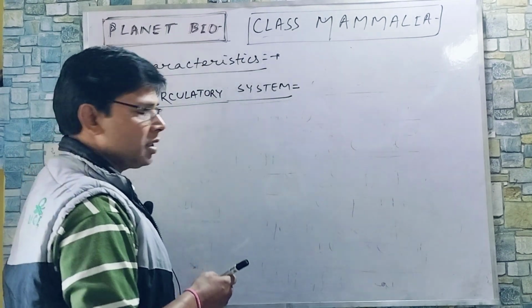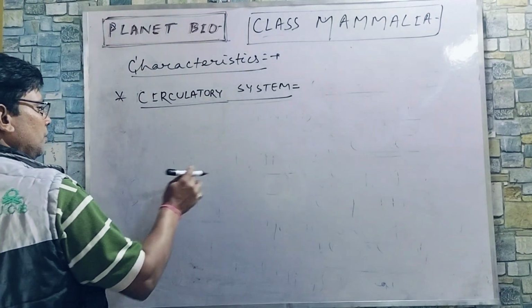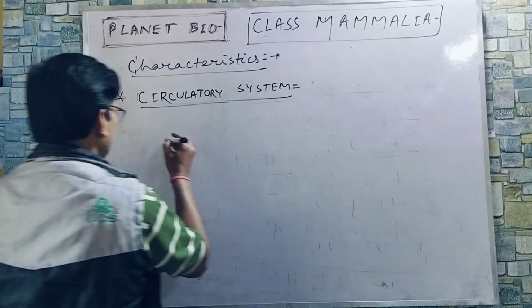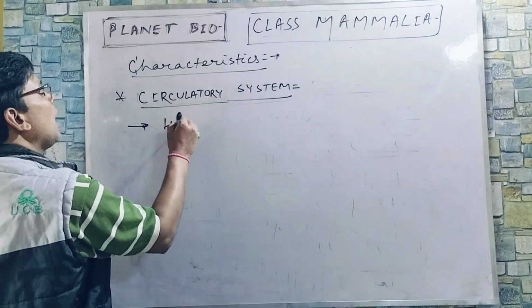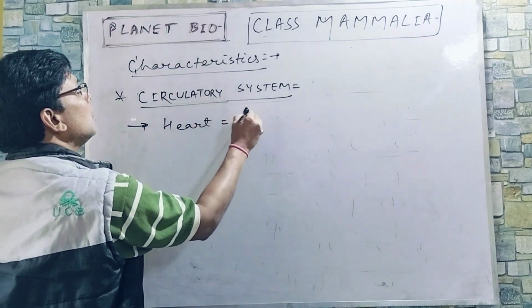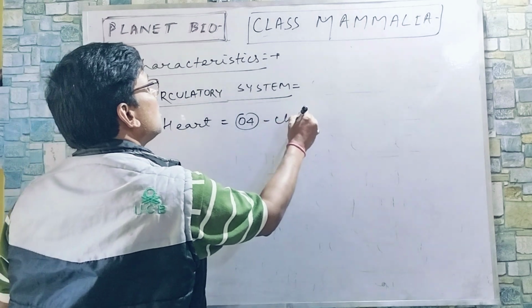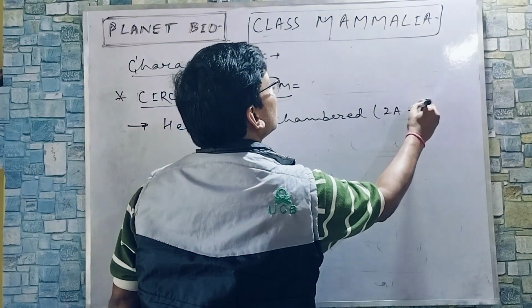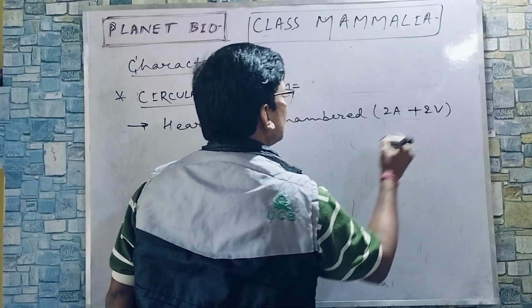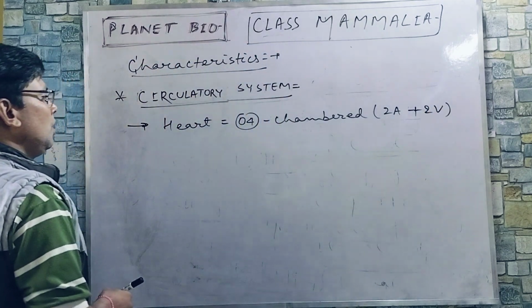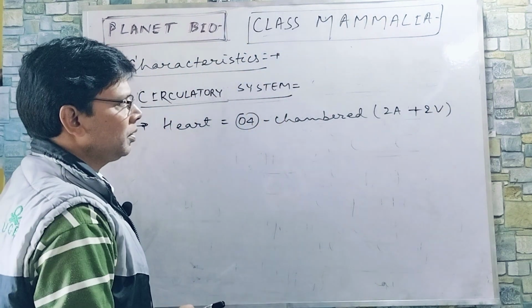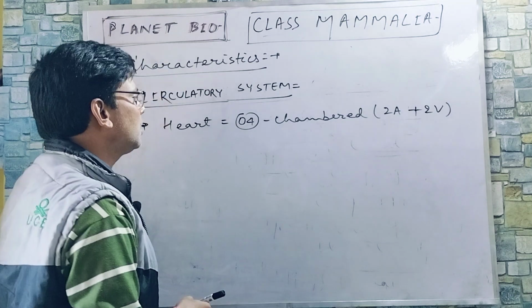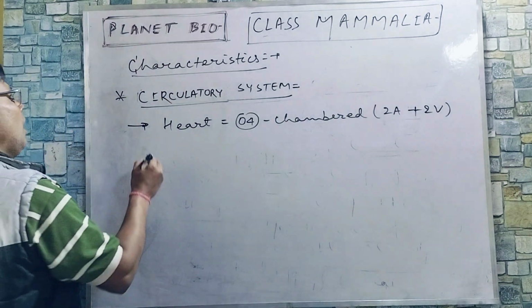Now, the circulatory system or vascular system. Closed type vascular system. Heart, four chambered. Two auricles and two ventricles present. Double circulation you can see, pulmonary plus systemic, and